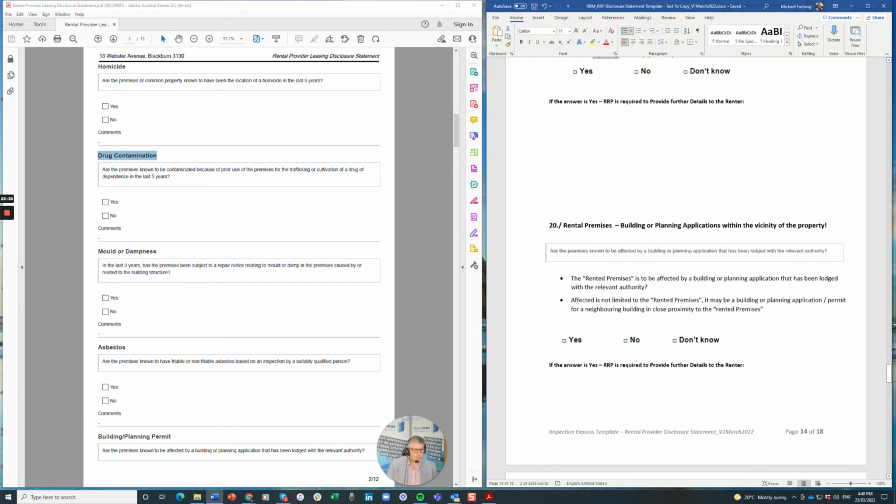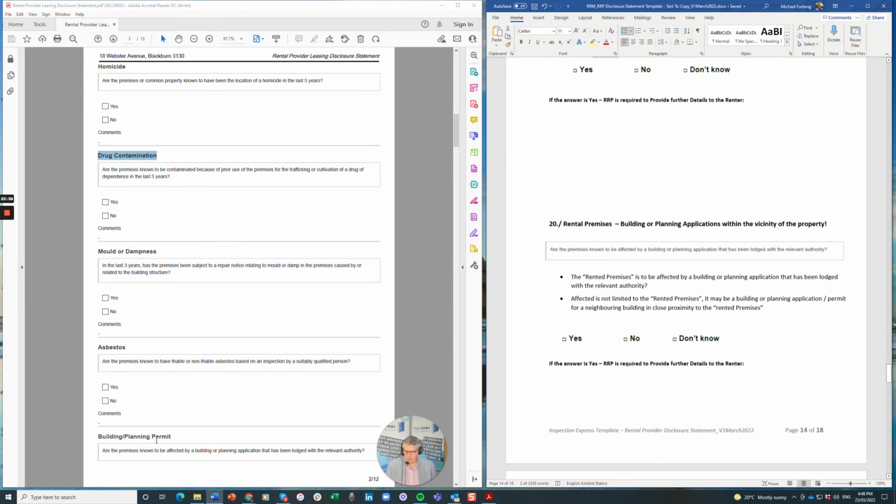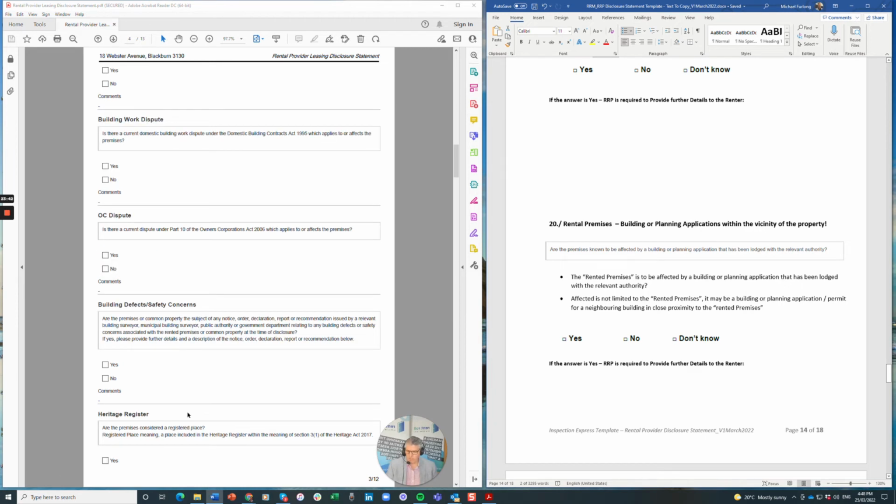Building planning. Okay, are the premises known to be affected by a building or planning? And we've got yes, no. What I've put in, rental premises, I didn't put history because it's just rental premises. The rented premises is to be affected by a building or planning application that has been lodged with the relevant authority. Yes, no, I don't know. Affected is not limited to the rented premises. It may be a building or planning application permit for a neighbouring building in close proximity to the rented premises. So that's why I've put that there, and I've put yes, no, don't know in there,